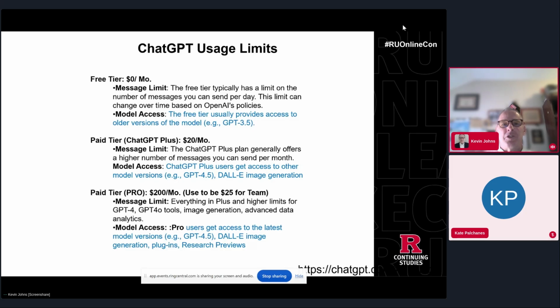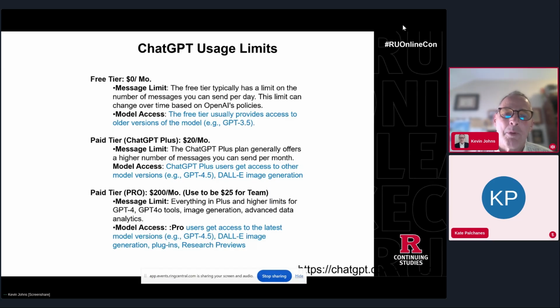So the usage limit for ChatGPT. The base model is free. But you can get about 10 prompts into it, and it's going to shut you down and say, okay, now it's time to go to a paid tier environment. So they're all going to be like this in terms of subscriptions. Here's a freebie. You get so many queries or prompts available to it. You get so much access in terms of putting in pictures or other documents, etc. But at some point, you've got to go to a paid tier, which is $20 a month. You get the latest release of ChatGPT, which is 4.5. You get some of those other plugins that are in there.